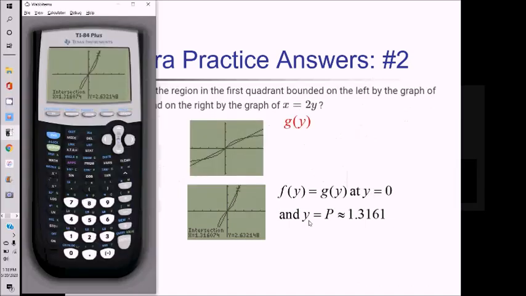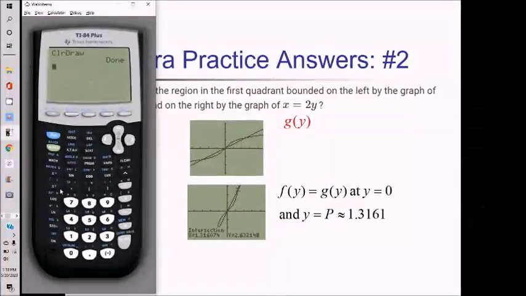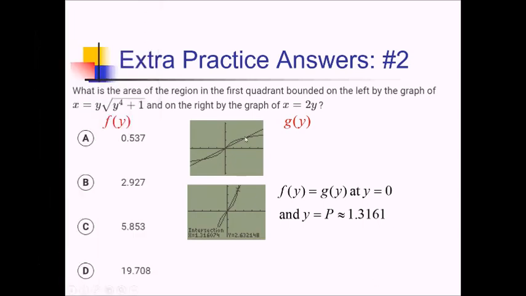And on my calculator, I'm going to quit out of this graph, and I'm actually going to store what I just came up with as alpha P, just so I don't lose it. So now I can reuse it whenever I need to. So now to actually find this area, I'm just going to take the integral from 0 to P,